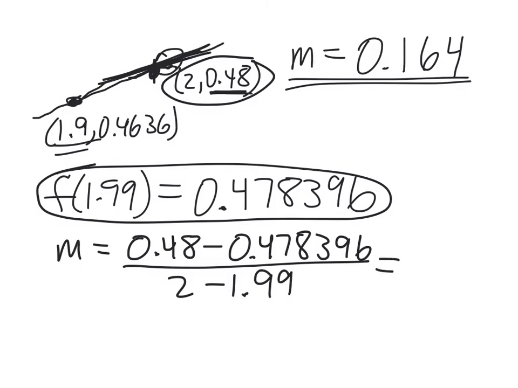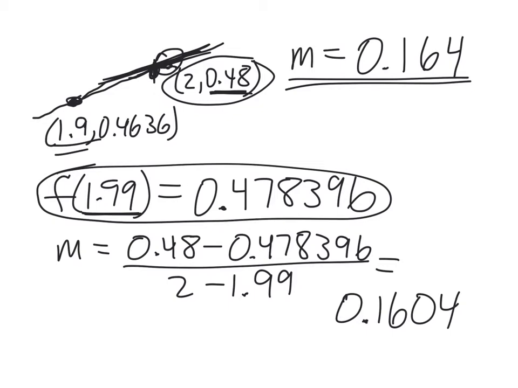And what do we get for that? 0.1604 this time. And as you do this over and over again, you start to notice a pattern. At this point, I'm not sure I would say there is a pattern, but we do one more calculation with